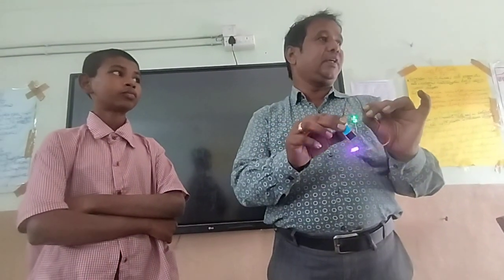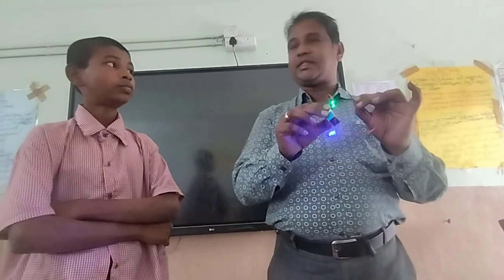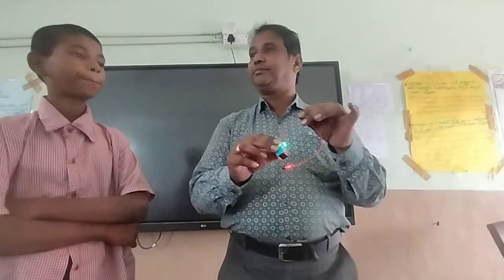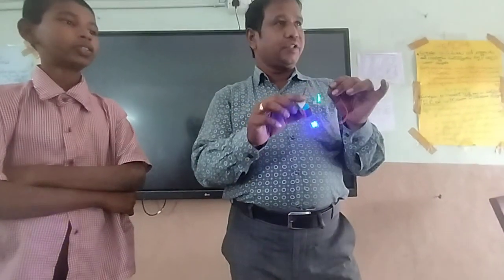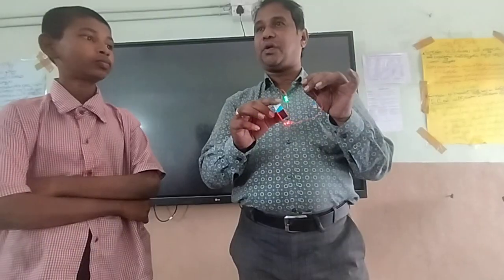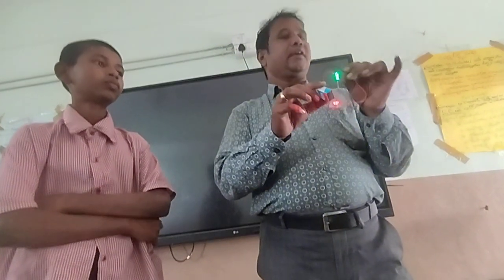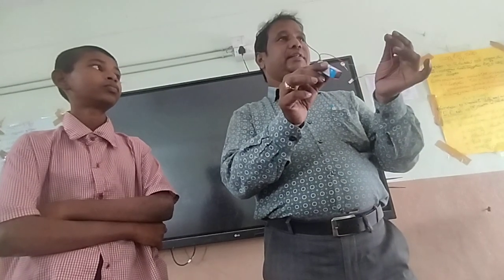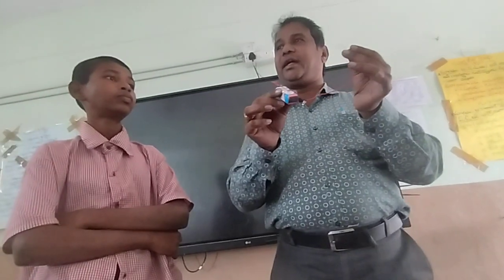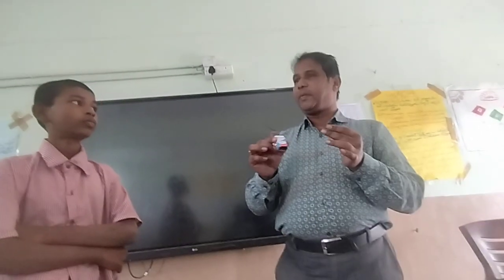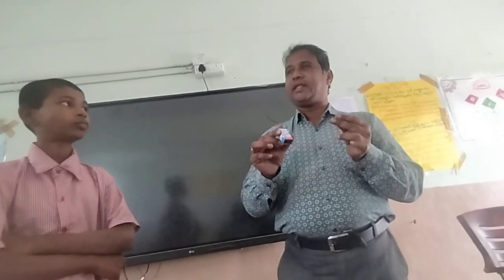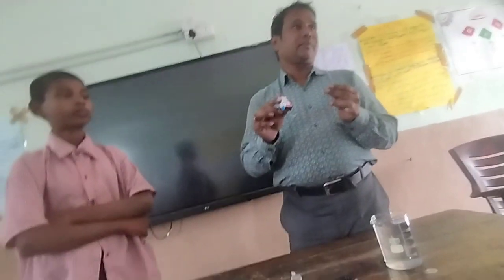What is the meaning of this? Now the circuit is said to be a closed circuit. When the circuit is closed, the electric current will pass. Now you open it. When you open, what happened here? It is observed to be an open circuit. The meaning is there is no passage of current.